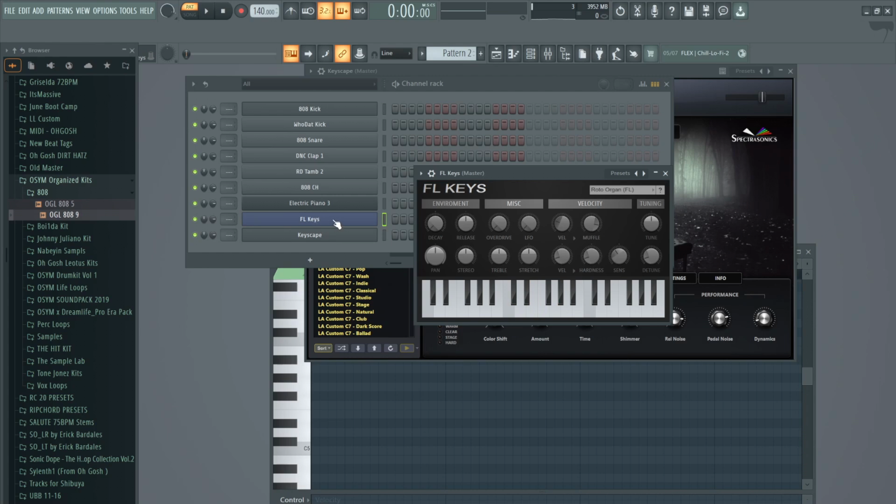So yeah, we got FL Keys. You guys have notebooks, right? So you know what sounds to use when I tell you guys to do an assignment and you gotta make melodic sounds. You guys have notebooks? You guys are writing down the stuff? Okay. FL Keys,